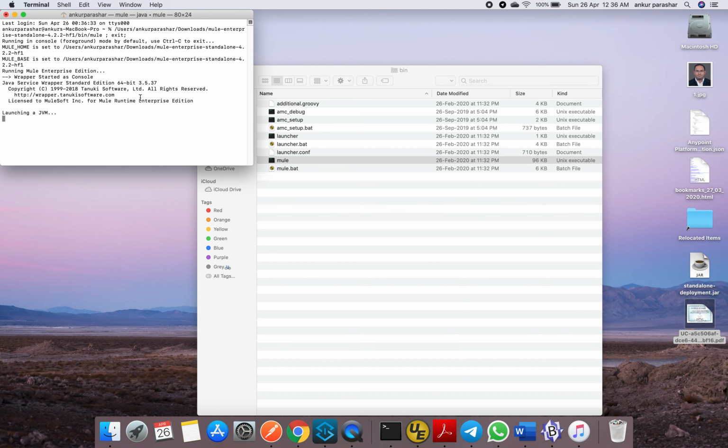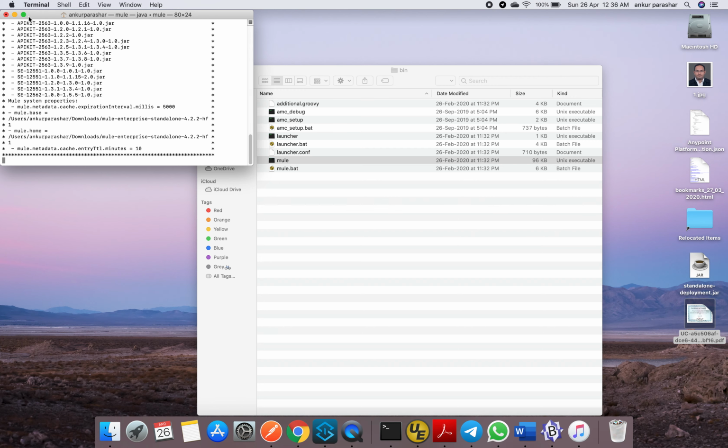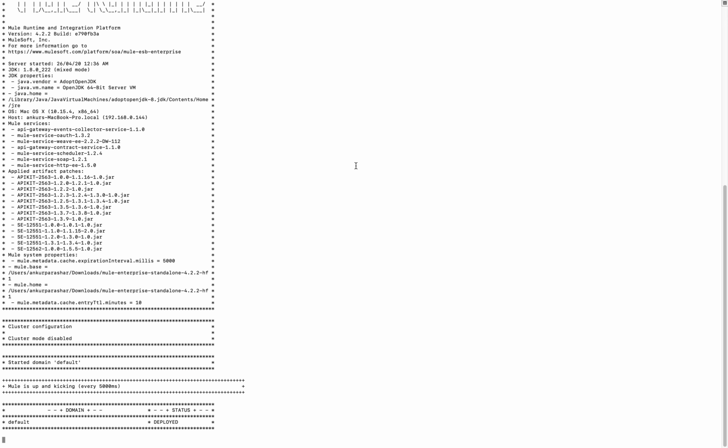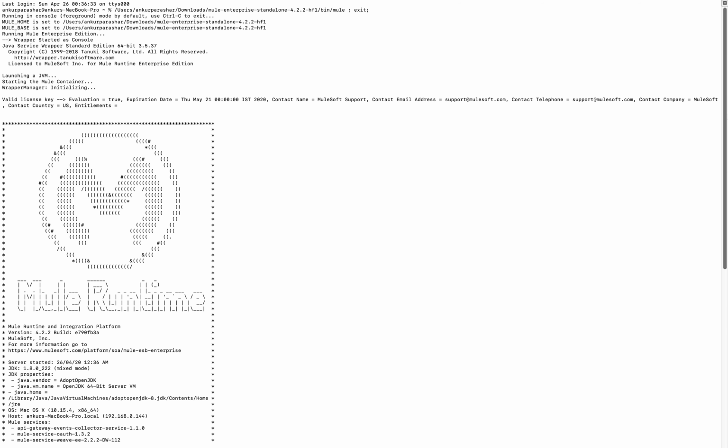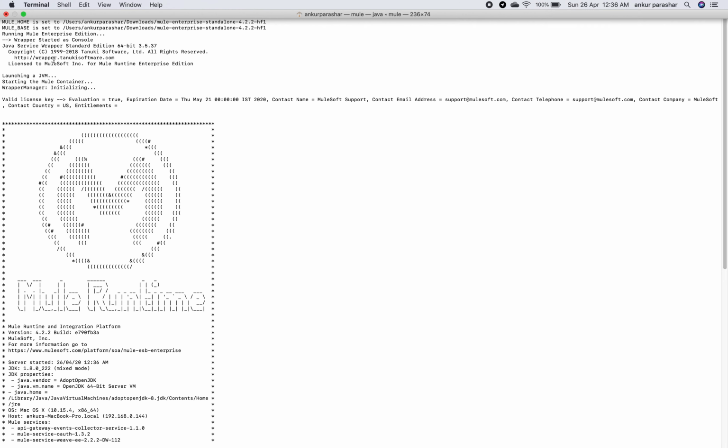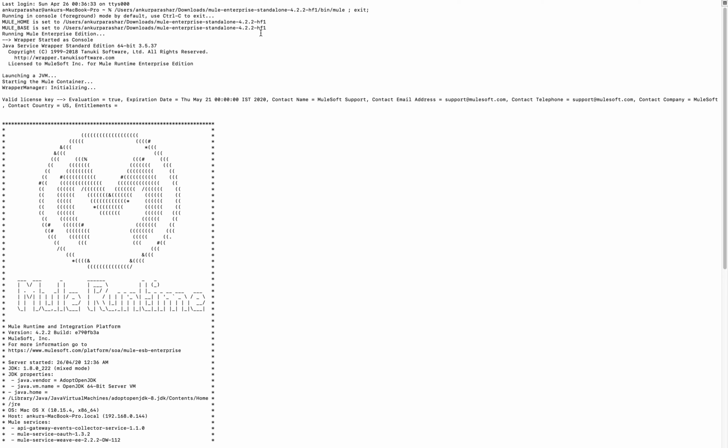So we will look at how the logs are being written into this particular file. Couple of things: it sets the MULE_HOME along with MULE_BASE. By default, if you are not setting it, then it will be the same folder location in which you have extracted the Mule runtime.